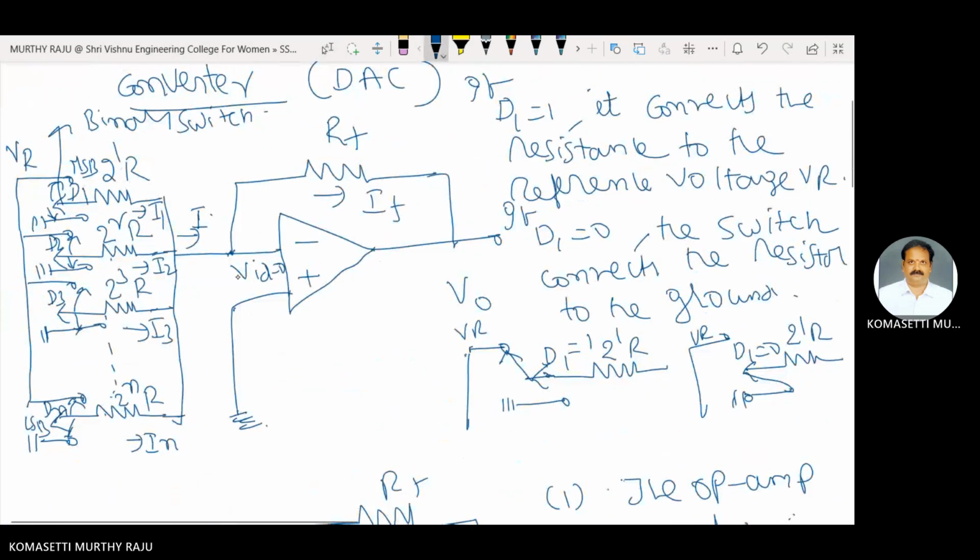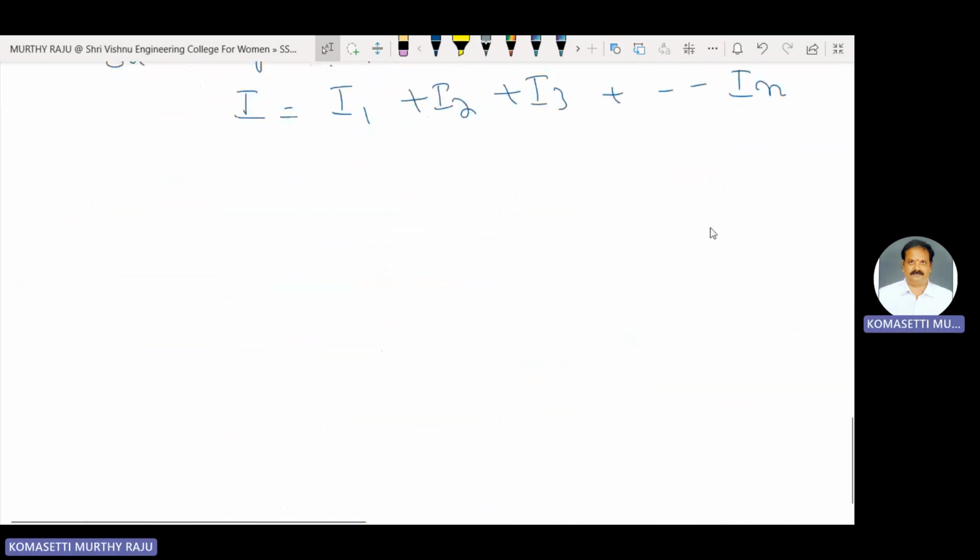But VID is equal to 0, open circuit condition. The total current I flows through this RF only. Therefore, I is equal to IF. The non-inverting terminal of the op-amp is connected to ground, therefore here 0 volts, here also 0 volts. Therefore, I is equal to IF is equal to 0 minus V0 by RF. Therefore, V0 is equal to minus I into